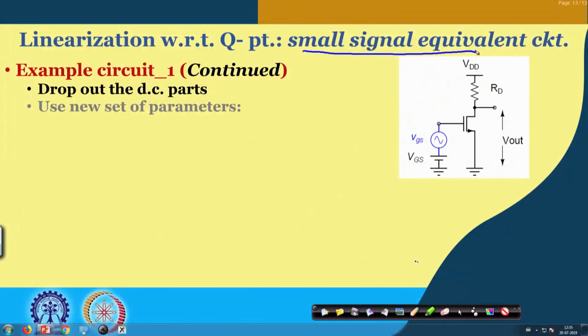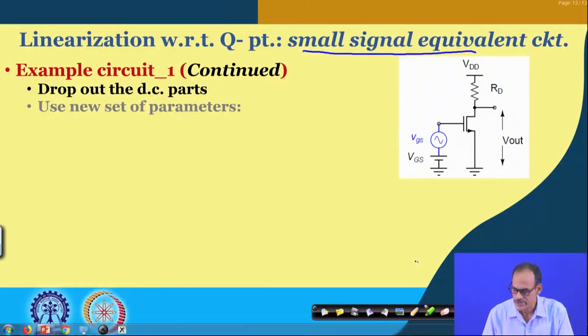Welcome back after the short break on the topic of linearization of input output transfer characteristic. So, we are discussing this small signal equivalent circuit. We are about to start that, and the intention there is, of course, to get the simplified circuit. You may recall the equivalent circuit if I consider the large signal behavior, what we said is that the transistor may be replaced by